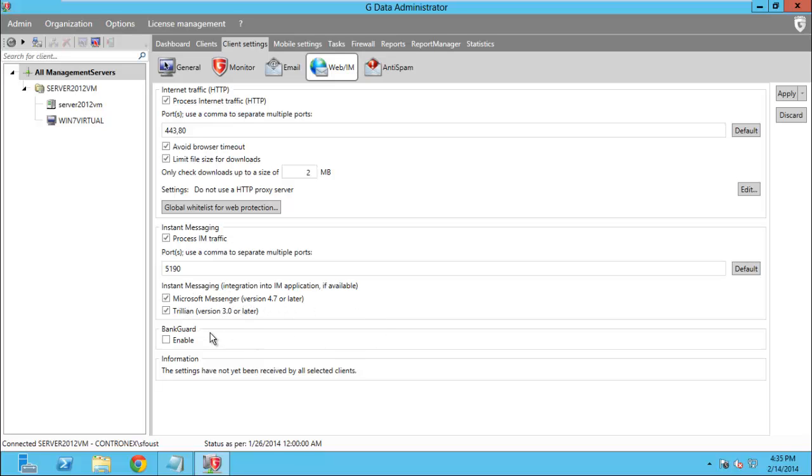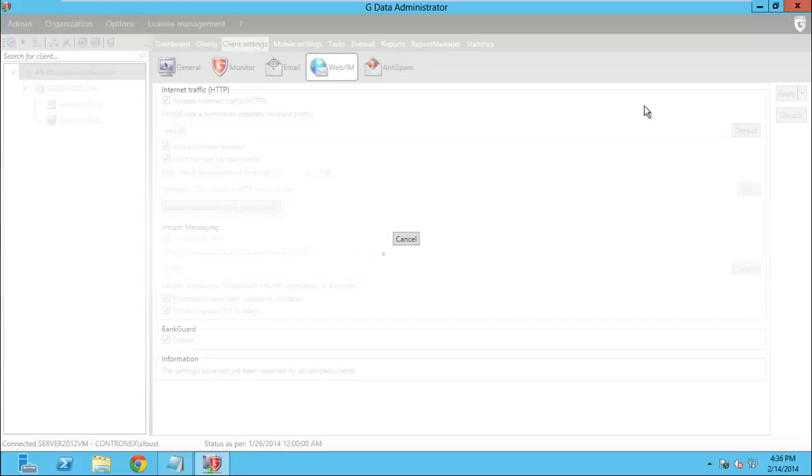The Bank Guard is something we always recommend enabling because this is your protection against man-in-the-middle SSL attacks. So if somebody is trying to listen in to your SSL traffic, this is the system that will attempt to detect that and prevent you from sending any information that could be compromised by something snooping on your traffic. So go ahead and apply those settings again and move